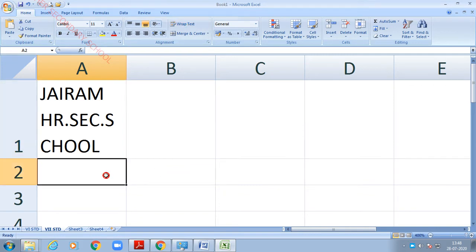Next I am going to type some data here, for example name and marks.